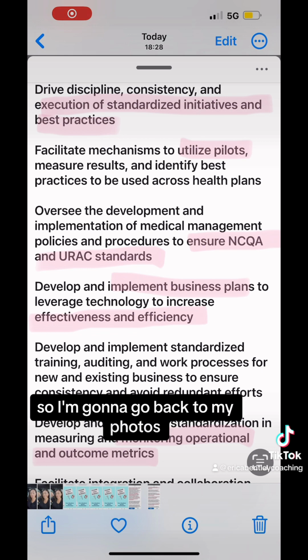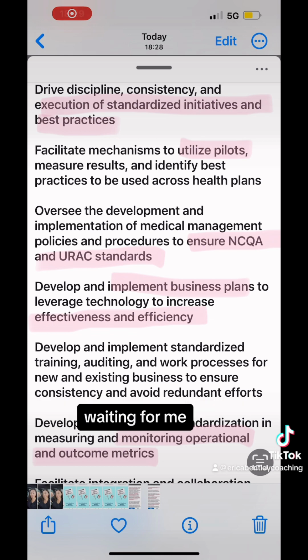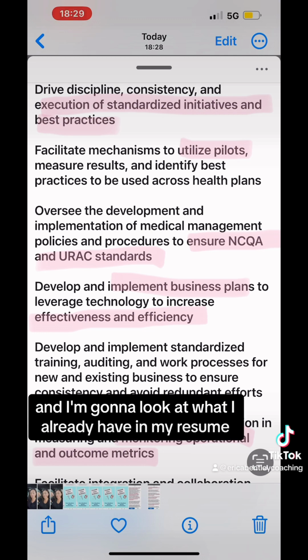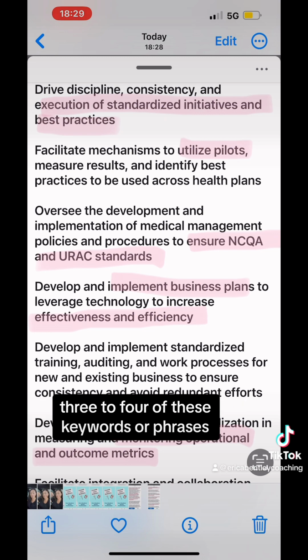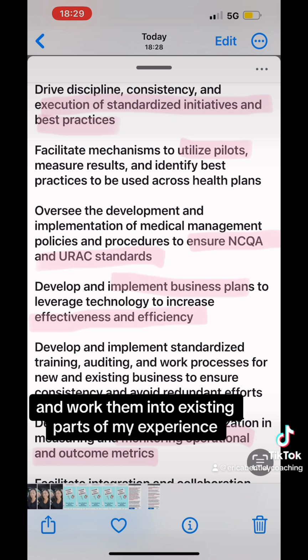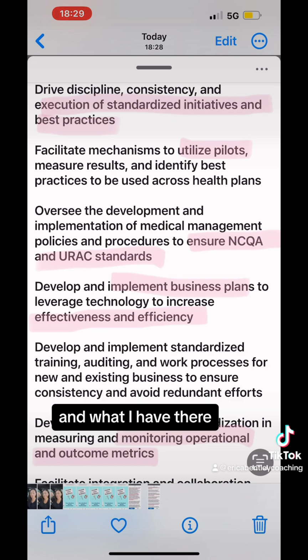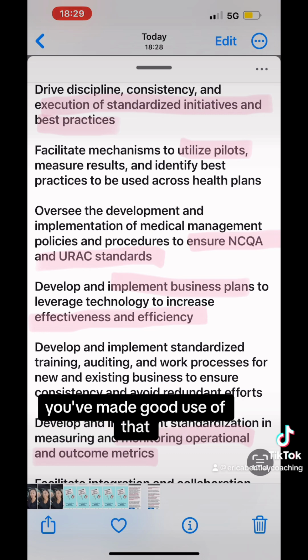So I'm going to go back to my photos here. Here it is waiting for me. I'm going to pull that up when I'm sitting down and I can focus, and I'm going to look at what I already have in my resume, and I'm going to pull out 3 to 4 of these keywords or phrases and work them into existing parts of my experience and what I have there. And there you go. You've made good use of that